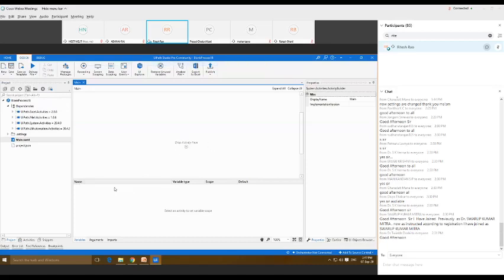So once we create any file out of these 4 files, then only these 4 options are going to be enabled. Then we can create the variable, and as per our requirement and as per our automation project, we can name our variable. For the naming of any variable, UiPath has certain rules, or you can say a certain naming convention. We'll discuss that. And then depending upon the data types, we can provide the type of the variable, and then scope and default. We'll discuss all these 4 different fields one by one.